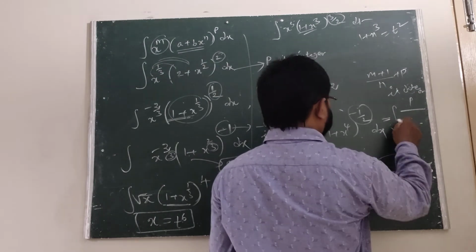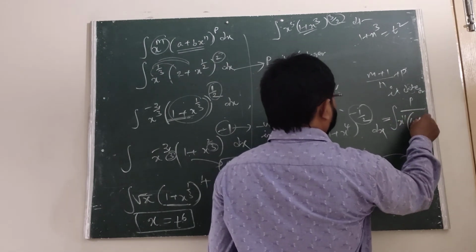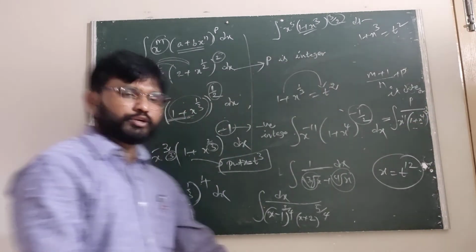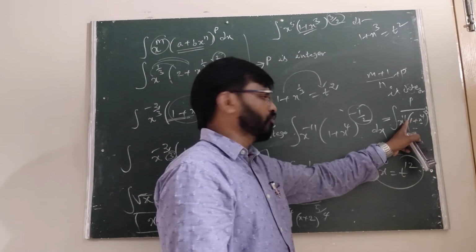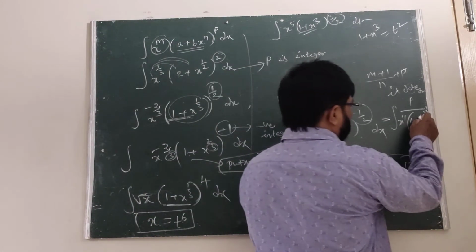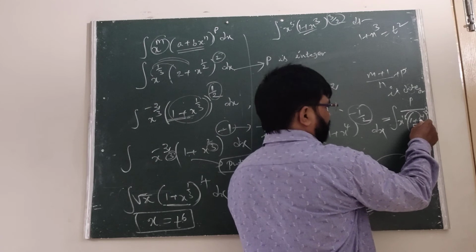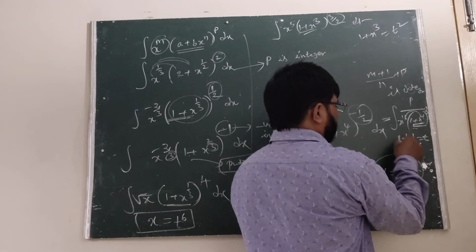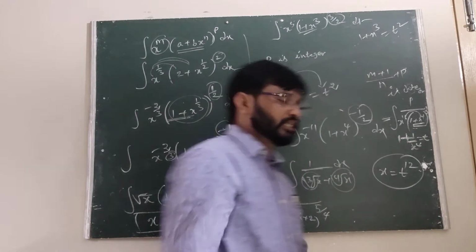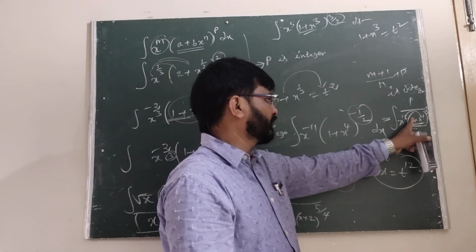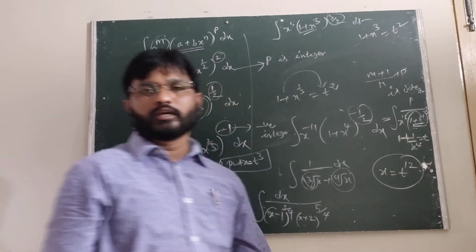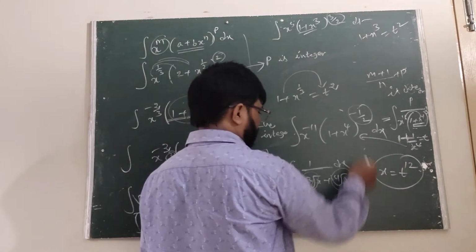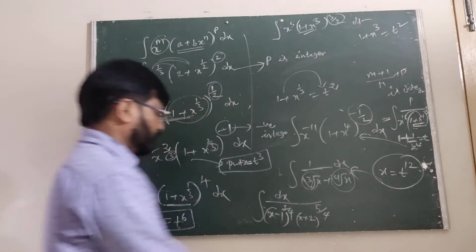Integral already completed in this model: x power 4 into (1 plus x power 4) whole power 1 by 2. After that we have to take x power 4 as common. Therefore, when we are taking the common factor of x power 4, 1 plus 1 by x power 4 be taken as t. So after taking the common factor of x power 4, we take 1 plus 1 by x power 4 as t. These are all very important models. This one and this one were already completed in the last class.